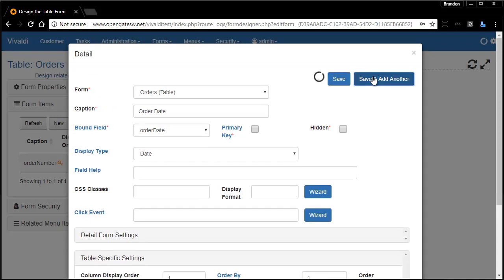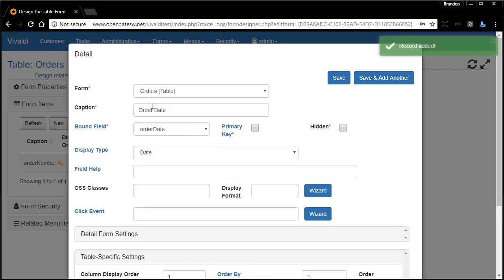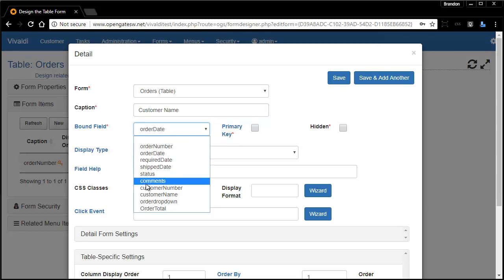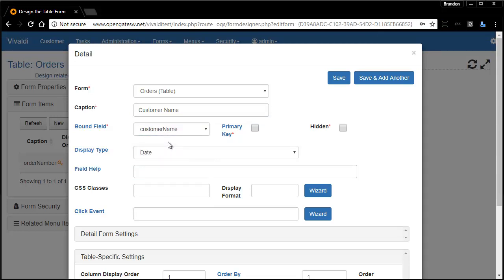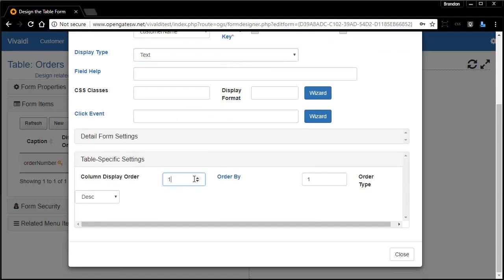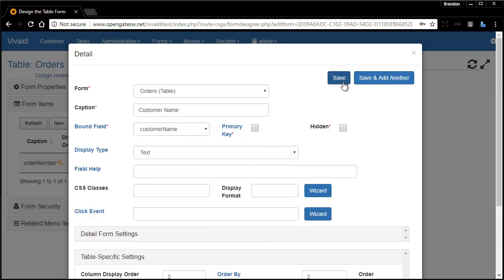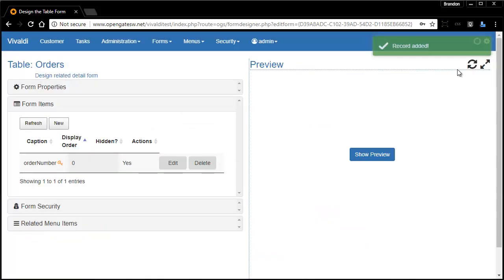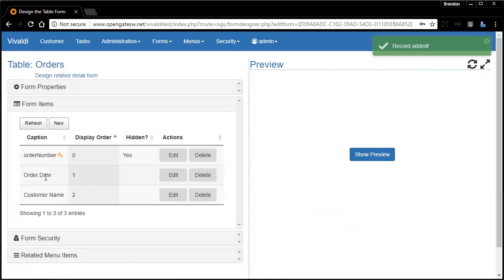I'm going to save this, and I'm going to add one more. And in this case, let's make it the customer name. If you'll recall, we did use the view that's already joined customer name and the customer table to orders. So this is a text field. I'll have this be the second column, and we'll also order by it, but we'll just make it ascending. So at this point, we'll just keep it at this,